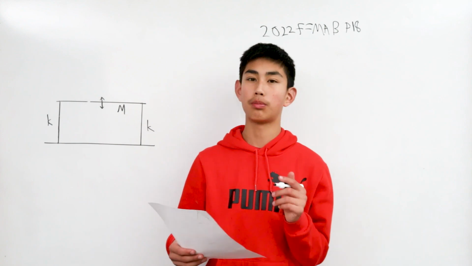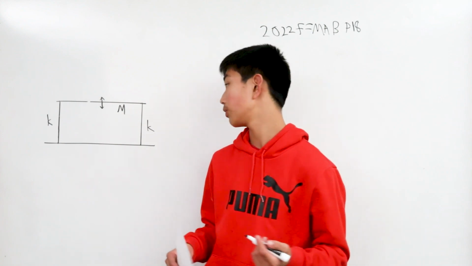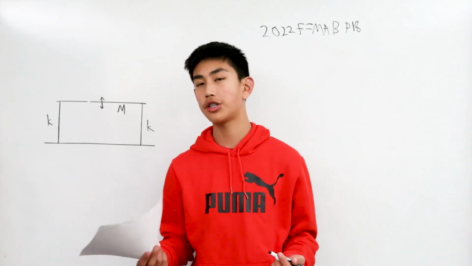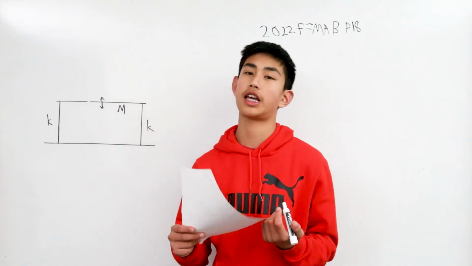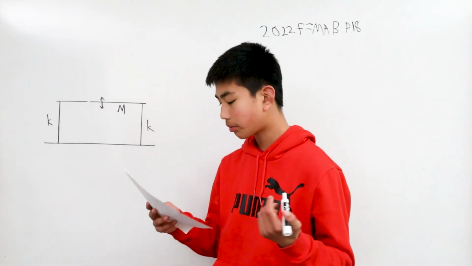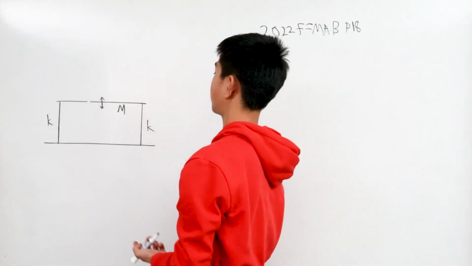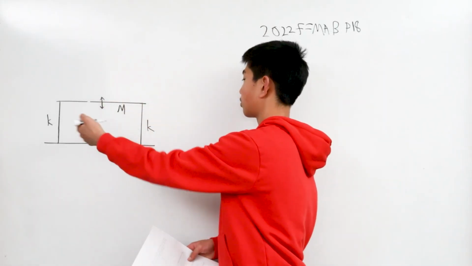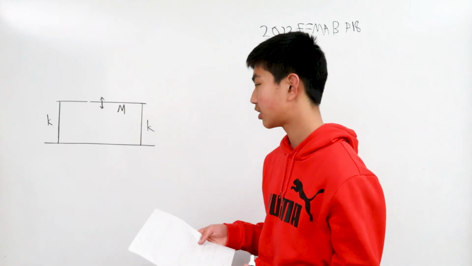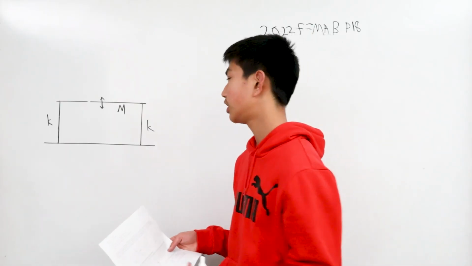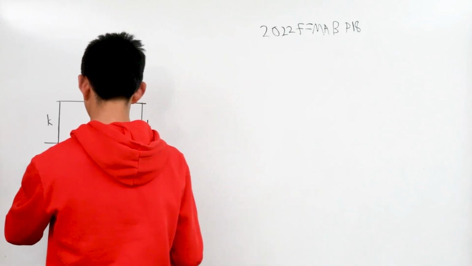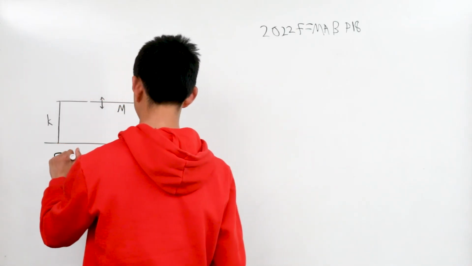So for this problem, since 18 and 19 are connected, we only need a set amount of information, and then we can use that information to find the answer for the next problem. We want to find the frequency of its oscillations. When it's being pushed down, it goes back up because these two are springs with spring constant K. The restoring force needed to push it back up, we can write F is equal to negative